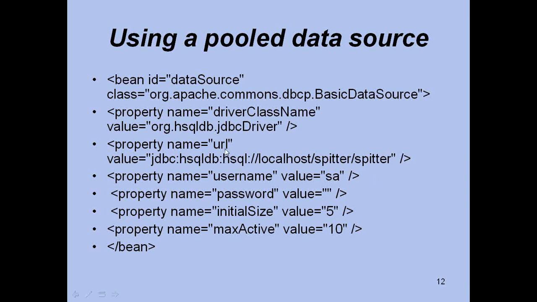Now provide the database URL here, the username, the password, how many connections you want initially to be open, and how many max active connections. So you set some properties here. So this is another way to create a data source. We are now discussing various ways to create a data source